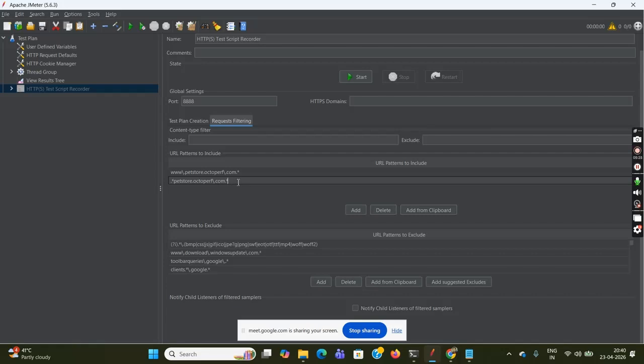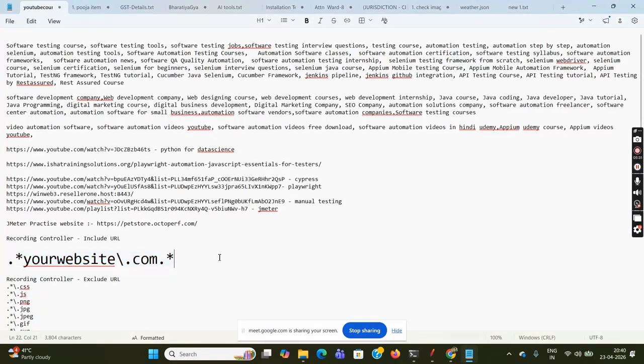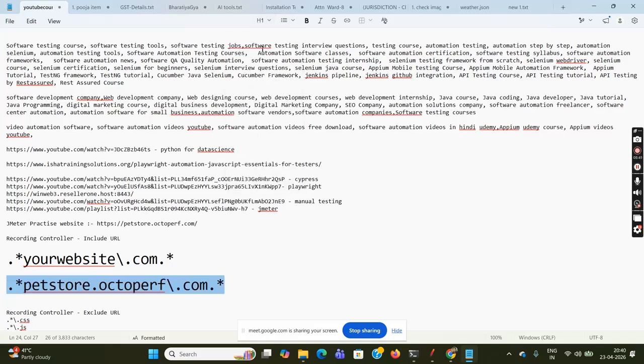Okay, this is what I have written. So I'll just copy from here. Okay, so this is what I have written, dot asterisk and the name of the domain slash dot com dot asterisk. Okay,